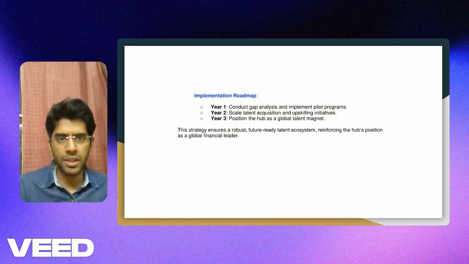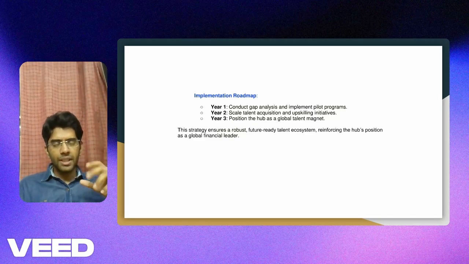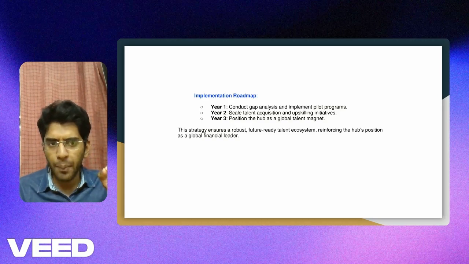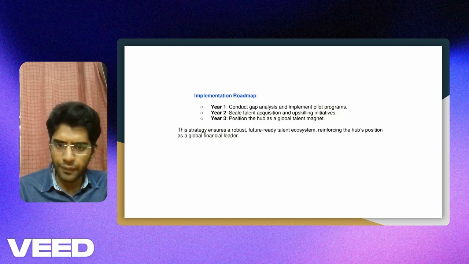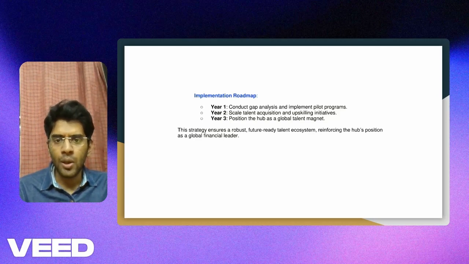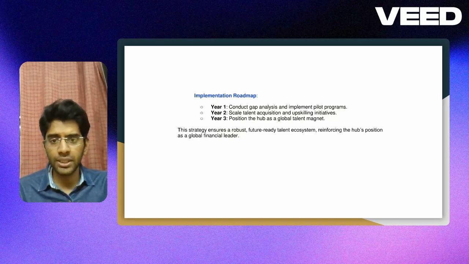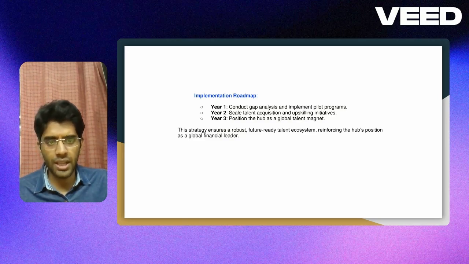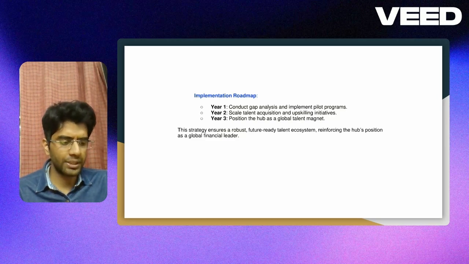Now I'll touch base upon the implementation roadmap. Having said that, in year one we need to do this gap analysis study very diligently, because whatever initiatives and endeavors we are going to take will heavily depend upon the studies we undertake in the initial phase. These studies are of paramount importance, because the facts and figures that come out of these results are going to be the base for the decisions we take in future. So this study has to be done in a very conducive manner, and the right experts should be involved in